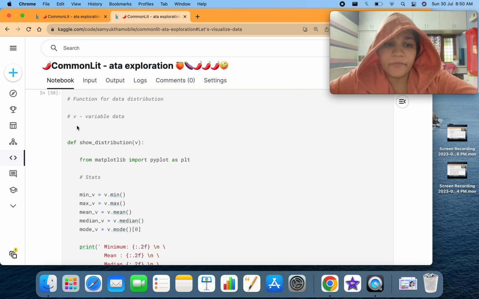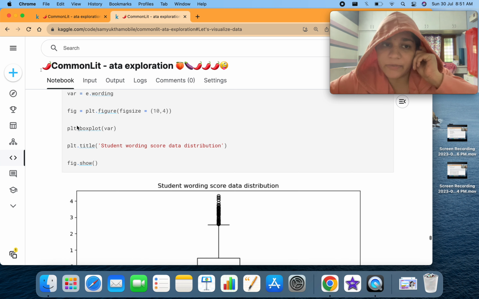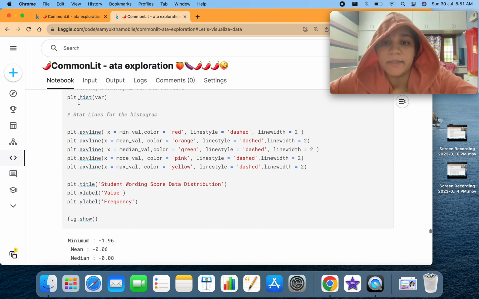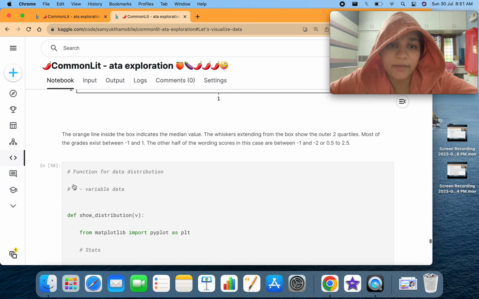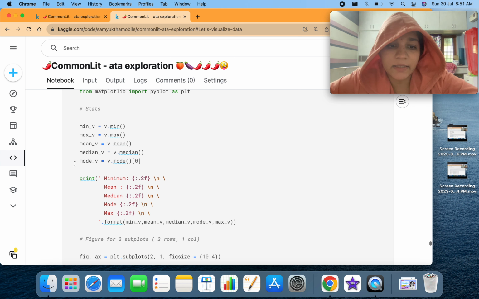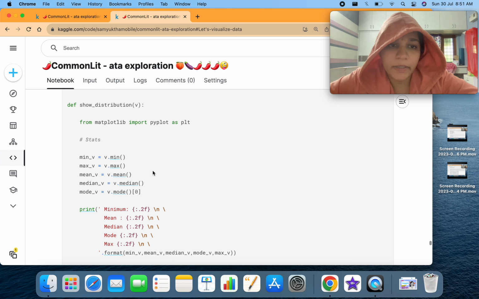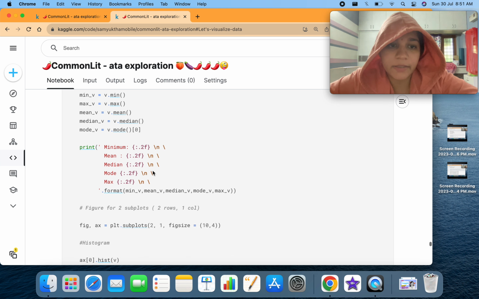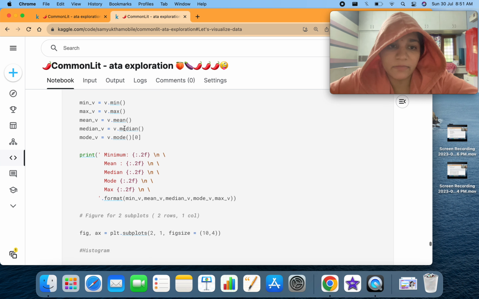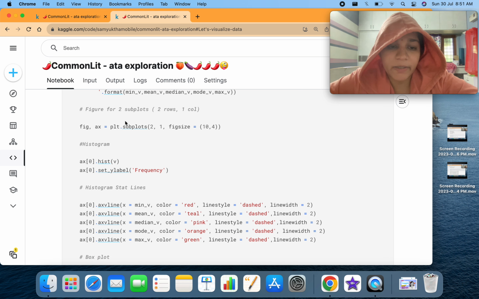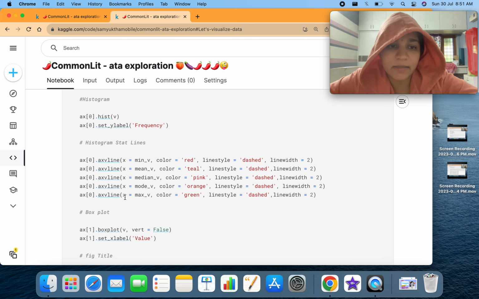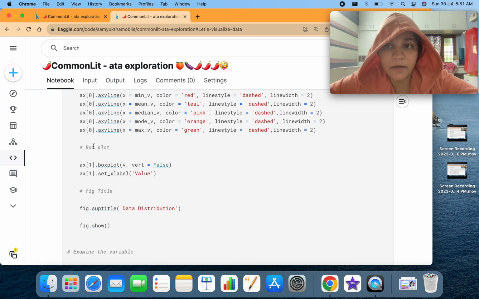And I wanted to write a data distribution function after going through all these graphs. If I give it the column value, then the function shows the data distribution, where it displays the mean, maximum, median, and mode for a particular column, and also displays histogram statistical lines. It plots the histogram, sets the y label for frequency, and the histogram is plotted based upon the frequency values. And we are also doing a box plot,